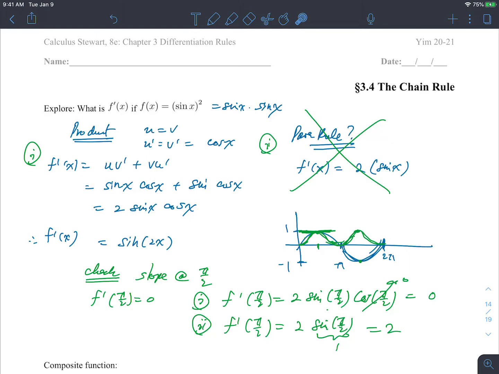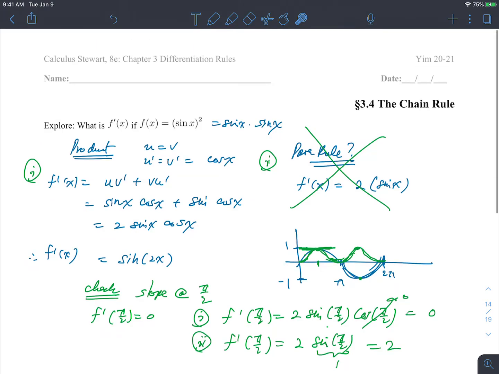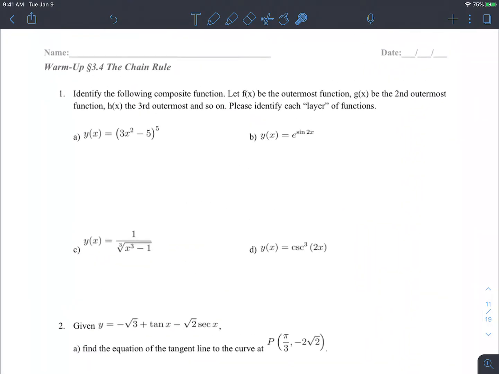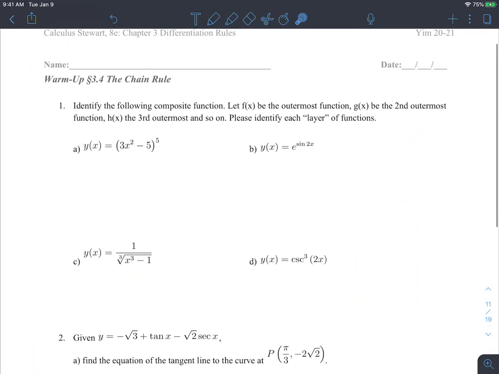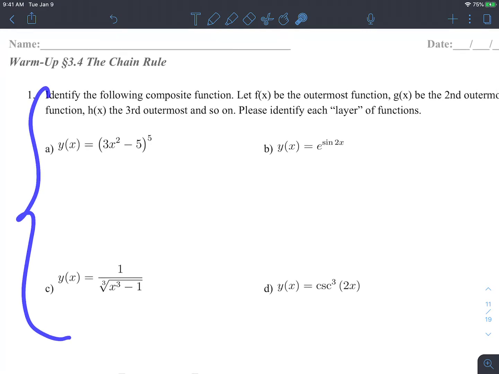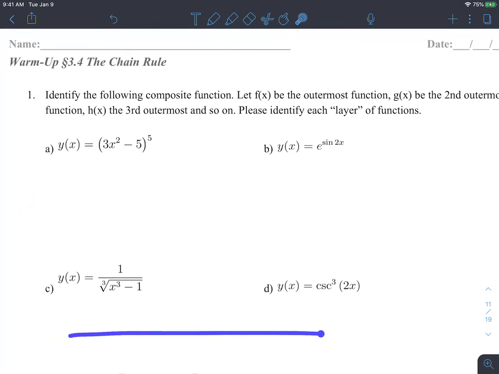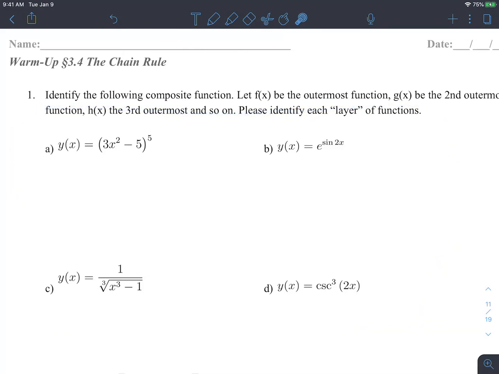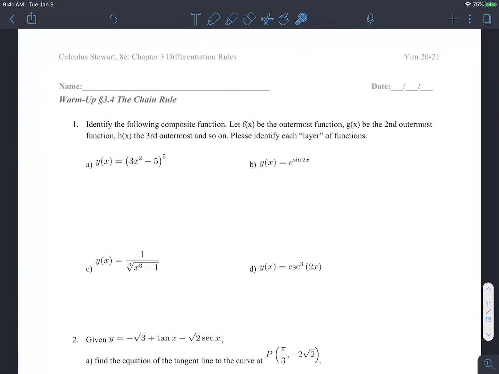Actually, before we continue, though, the warm-up for this one may be a good idea, okay, because this will actually help you, right? So why don't we just do this part, right? Just do this part, because I was going to hold it to the class, but I think it's kind of important. So yeah,